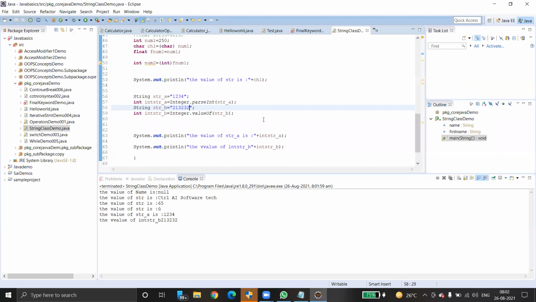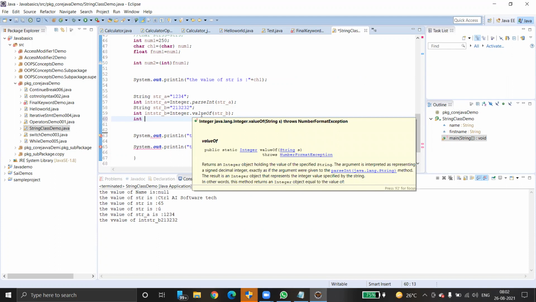So basically, we can convert any type to another type. Either you can go for typecasting, implicit or explicit conversion, or you can go for a wrapper class, something like Integer.parseInt and so on. In the first statement, we converted string to integer, and in the second statement, Integer.valueOf, again it's string to integer. Both do the same. It basically returns an Integer object.